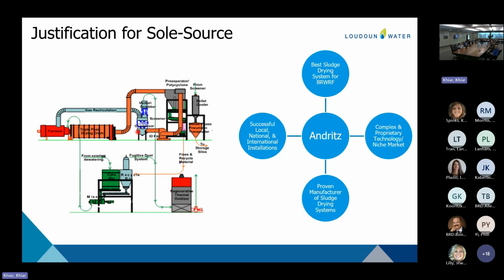Okay, real quick on the gas stream. When you inject the heat into the dryer, you get very humid air. You separate out the pellets here. That humid air is moved along by this large fan. And what we do is we take the air through a condenser, so all that humidity is pulled out of the airstream. The airstream returns back to the head of the drum and is recirculated through. So it's about 90% recycle or closed loop.